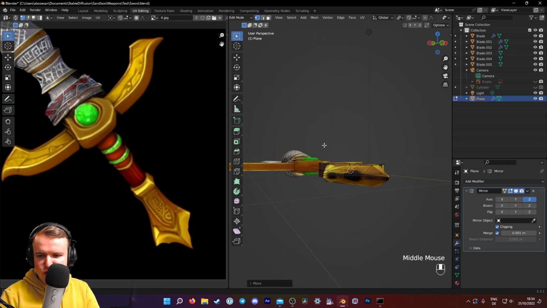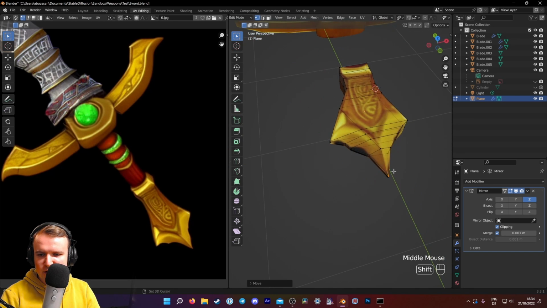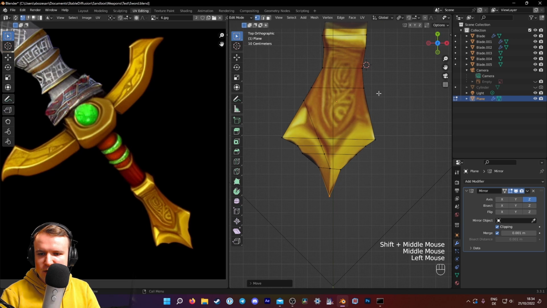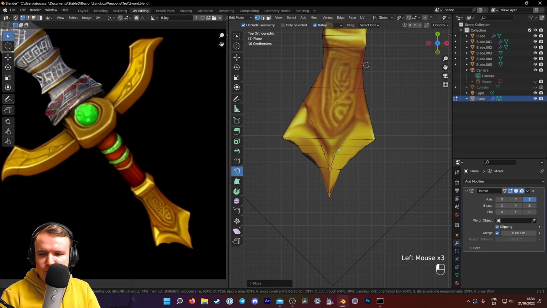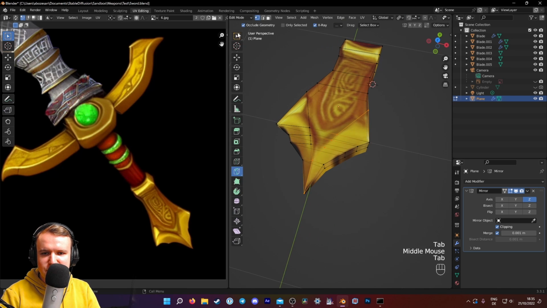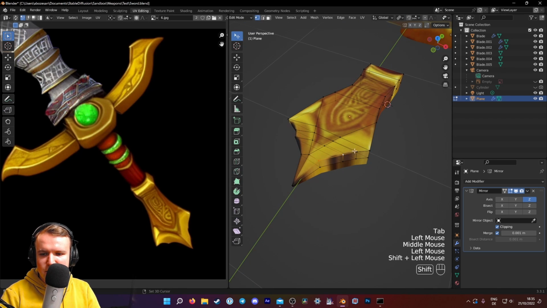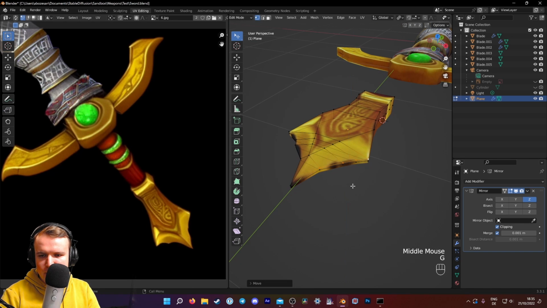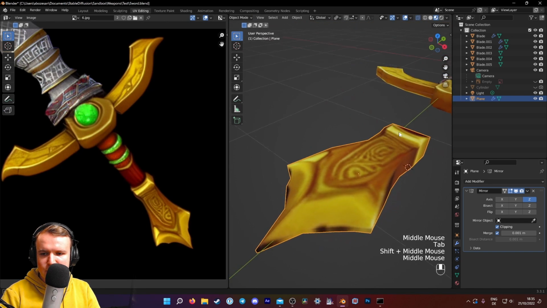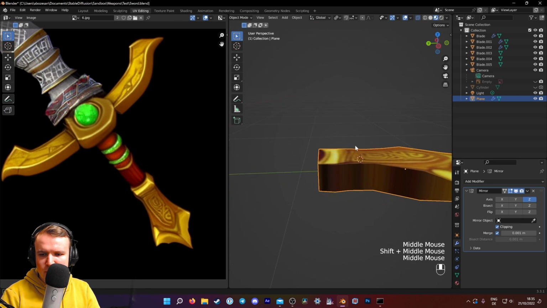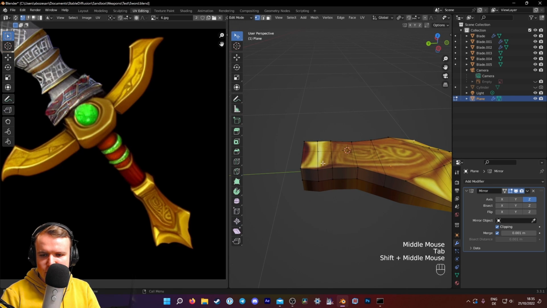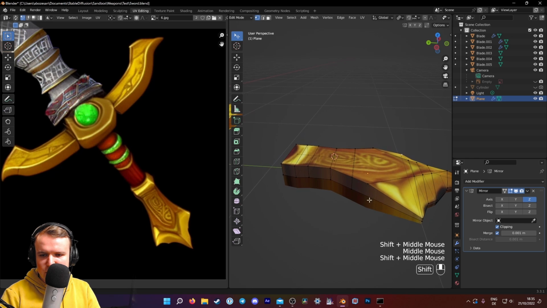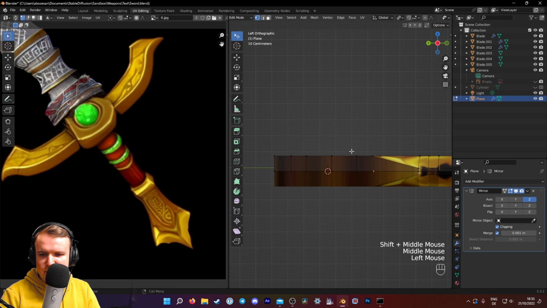Not super sharp, not flat like the blade up front, but kind of like that. And do the same on the other side. I think that's an accurate interpretation of what should be happening with this blade, this back of the hilt. Cool. And generally, I think this area up here is taller than the rest. So if this whole thing can come down,